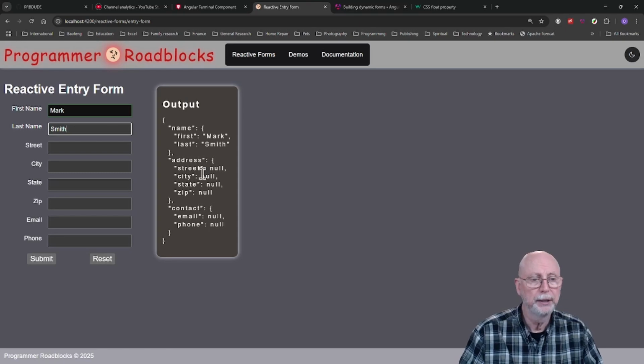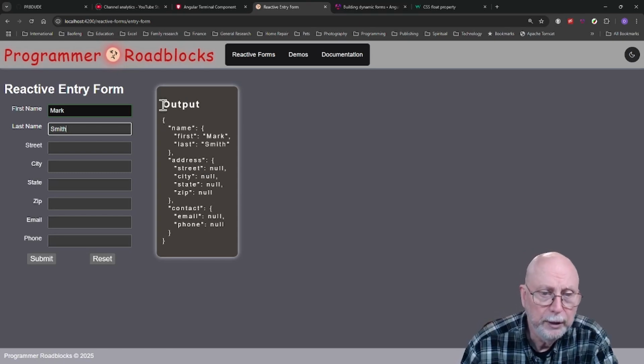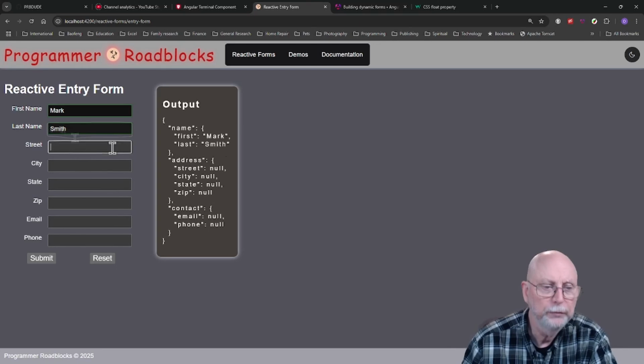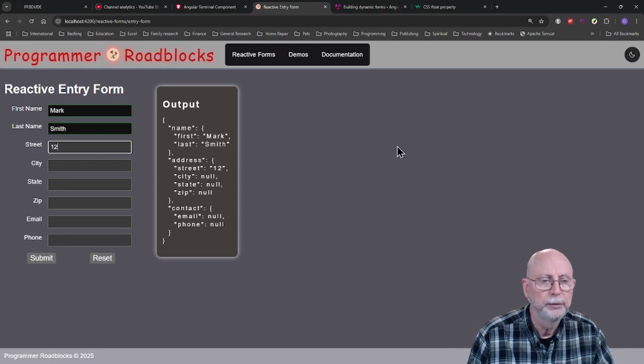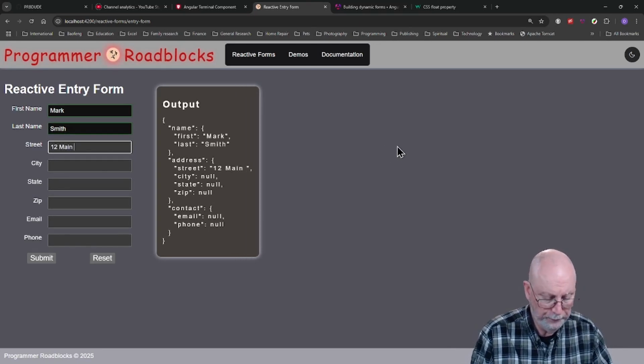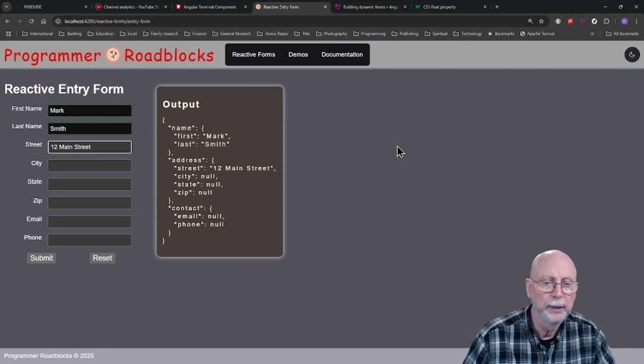and you can see what I'm doing here is I want to illustrate on the same screen how this is filling out as it's going. You can see here, this is the name, first and last. Remember the open and close curly braces? This is your JSON output. When you hit submit, this is what's going to be sent. So if we go here to Main Street,